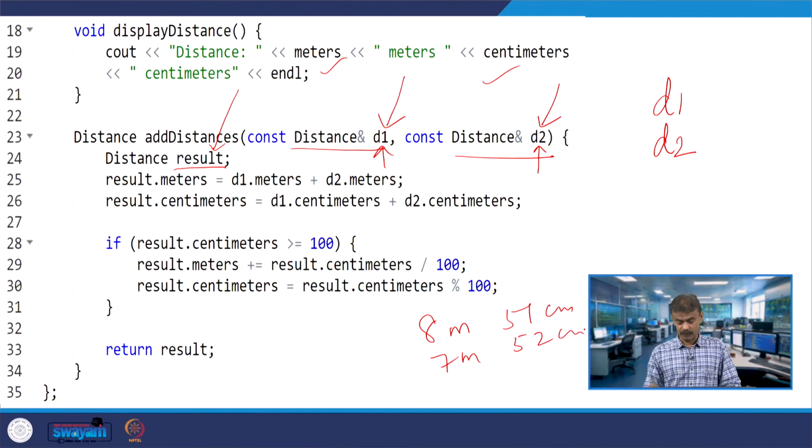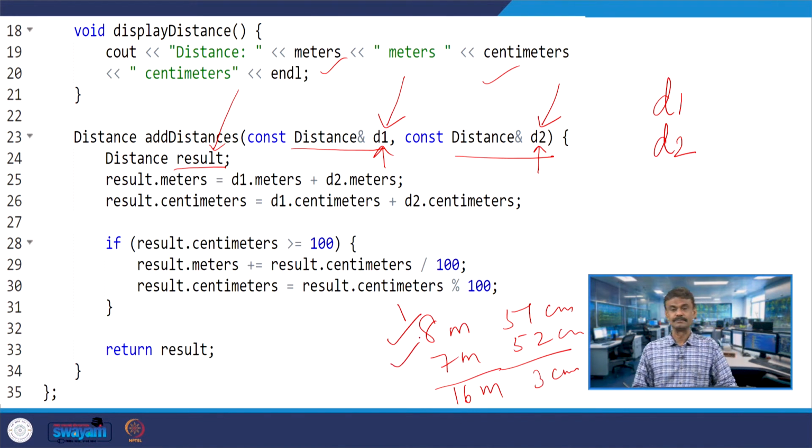If you add these two, it goes beyond 100, and 100 centimeters is nothing but 1 meter. So 103 we will get, that means it will be 3 centimeters, and 1 will be added to the meters. So 1 plus 8 plus 7 is 16.